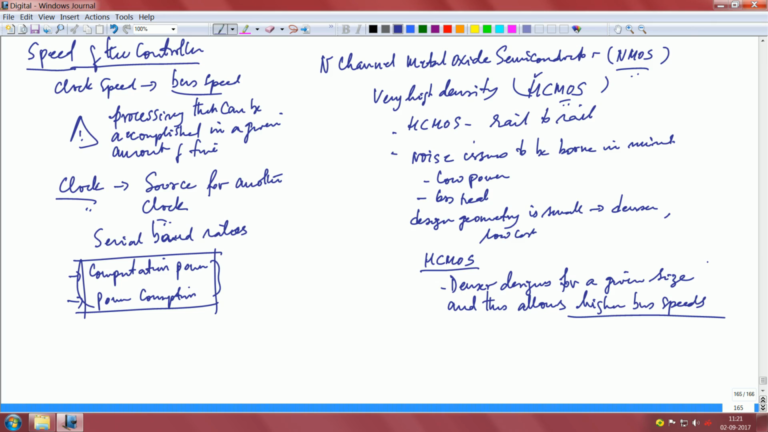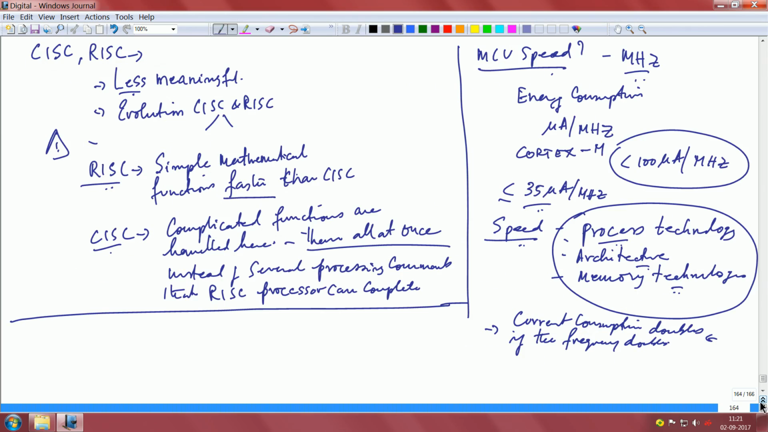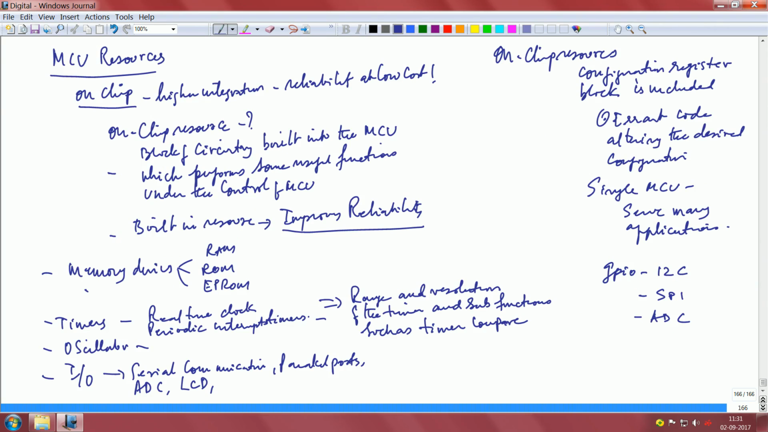So, I would say you may have to look at MCUs, what is the memory technology that is used, CMOS or NMOS. This will determine the memory technology, process sorry, not the memory, it is the process technology. Next issue that might come to the forefront for us would be related to what are the on-chip MCU resources. This is also very critical